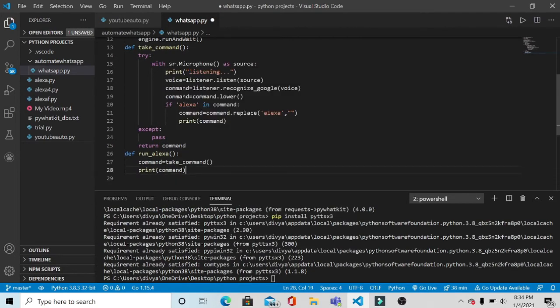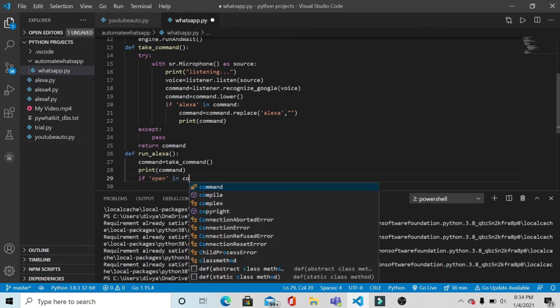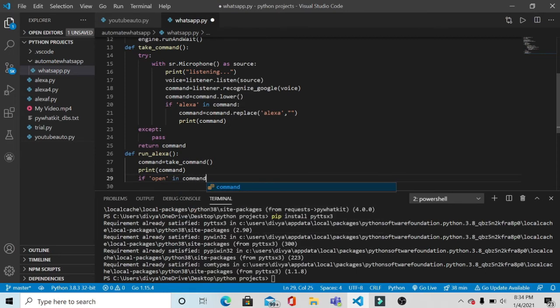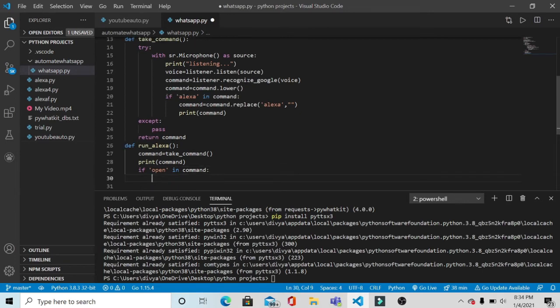So in this particular function we have to make some cases. So if our command contains open, let's say I am saying "Alexa open WhatsApp and send a message," how will this open be replaced by an empty string?